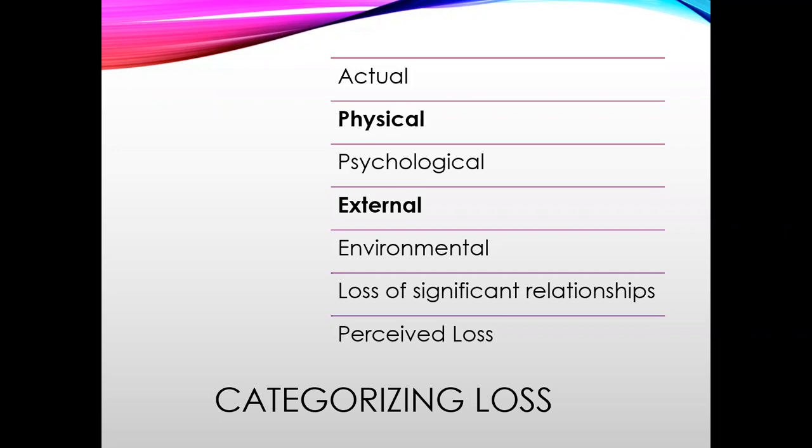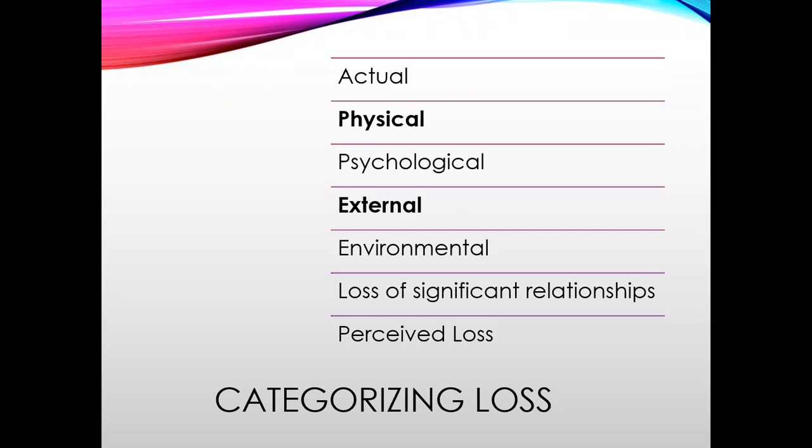We can have a physical loss, which can include injuries like the loss of a limb or amputation, organ removal, such as a hysterectomy, loss of function like paralysis. We can have a psychological internal loss. This is commonly seen in areas of sexuality, control, fairness, meaning, and trust, loss of youth, body disfigurement. We can have an external loss, which are actual losses of objects with sentimental or monetary value, like jewelry